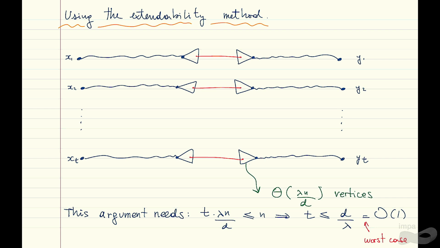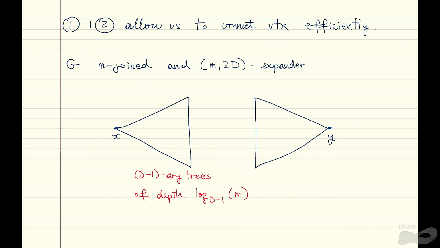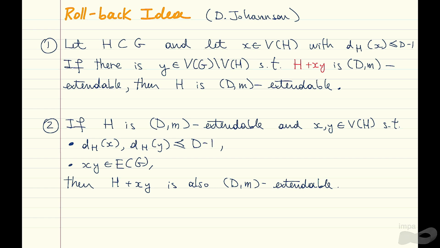The amazing idea that happened like 15 years ago is now called the rollback method, which was introduced by Daniel Johansen in the PhD thesis I told you about, where they named this thing the DMX extendability method. So the idea is the following. We have a graph H, which is DM extendable. We have a graph H. We don't know if this graph is DM extendable, but we know that there is a vertex Y such that